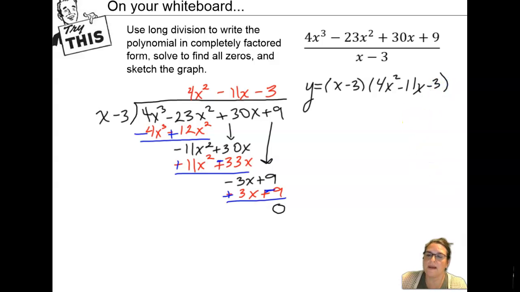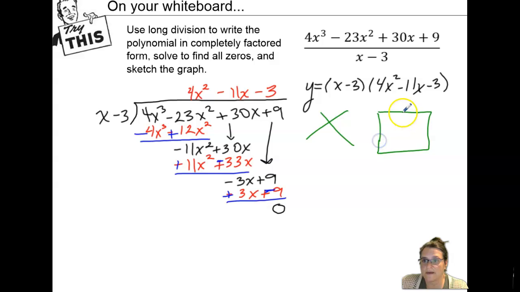Okay, but that may not be completely factored. This quadratic trinomial might factor further. The way I teach my Algebra 2 students to factor might be different than the way you learned how to factor quadratic trinomials. That's fine. You can use whatever method you're comfortable with. I'm going to just review the way that I teach factoring for those who maybe find this an appealing way